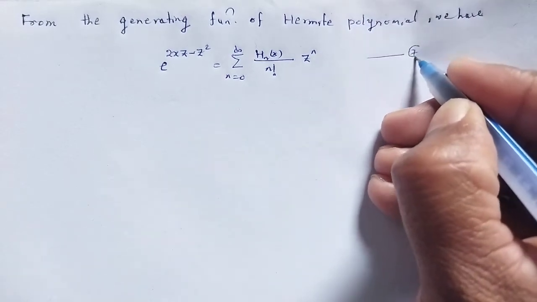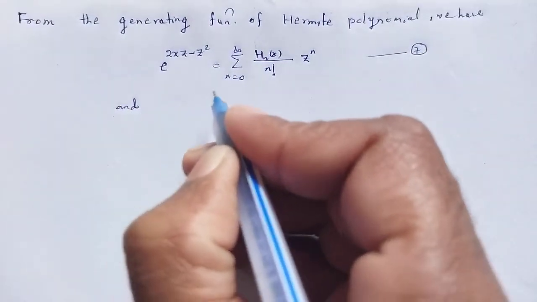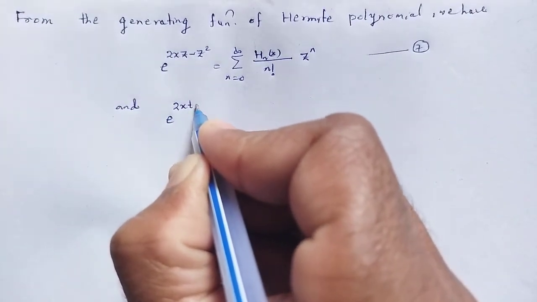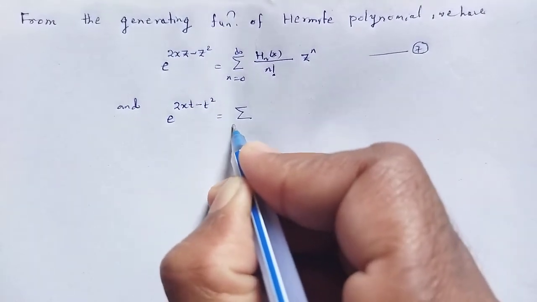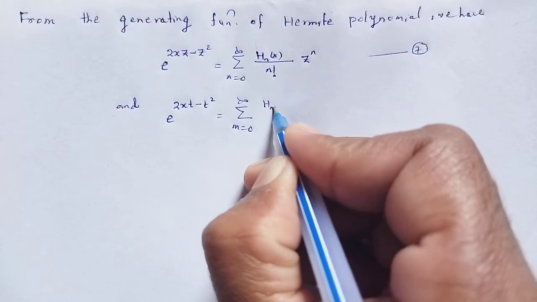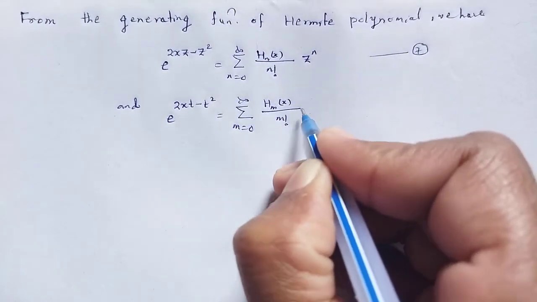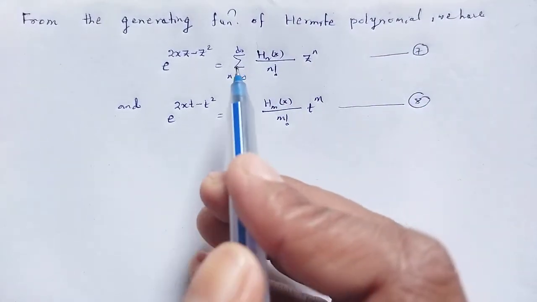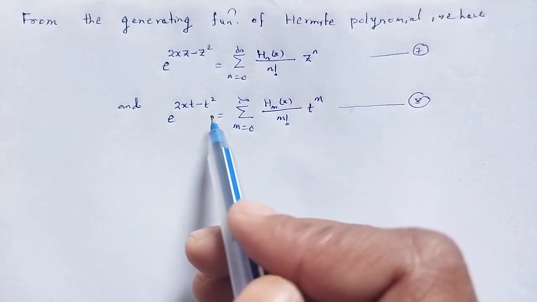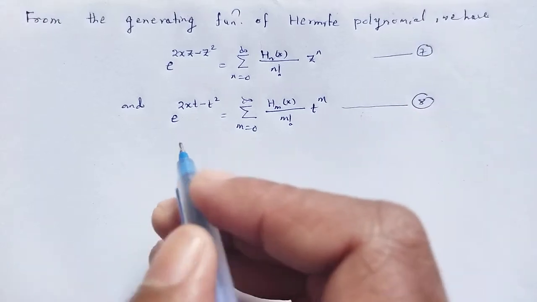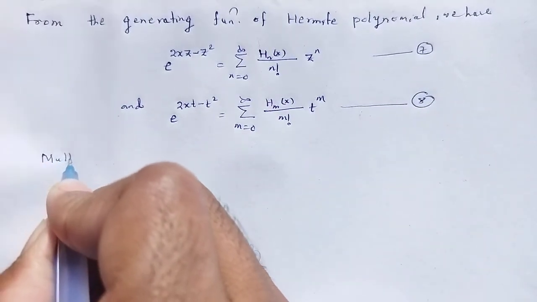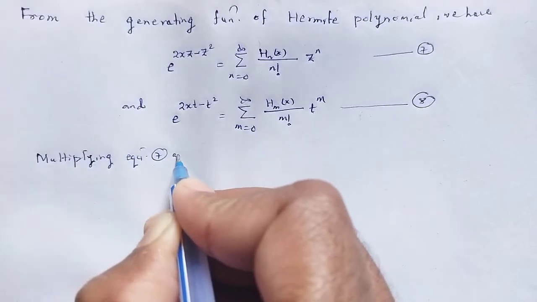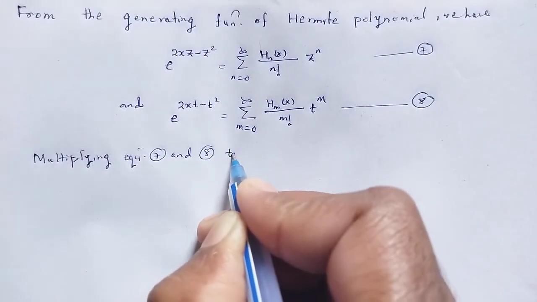Equation number 7. And again, for another generating function, e to the power 2xt minus t square is equal to summation over m from 0 to infinity Hm(x), another Hermite polynomial, upon m factorial t to the power m, that is equation number 8. Now multiplying 7 and 8 together